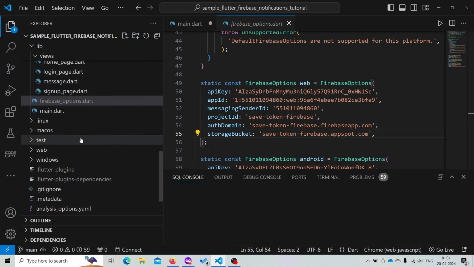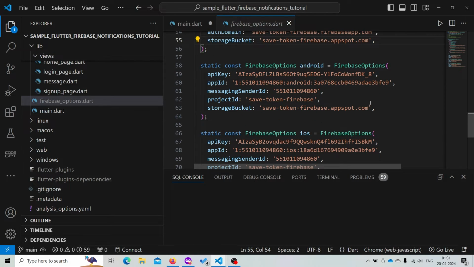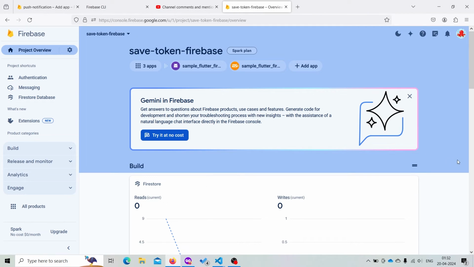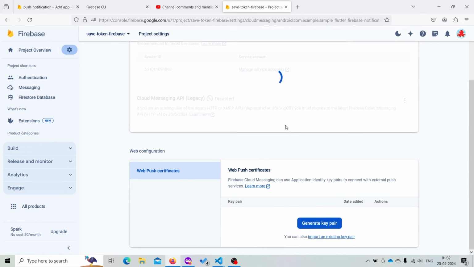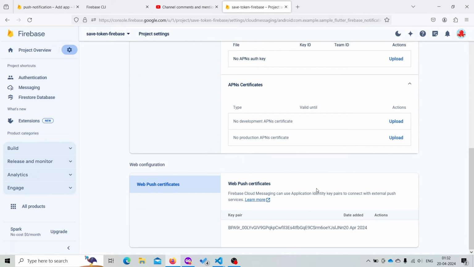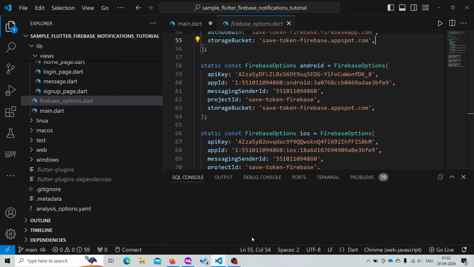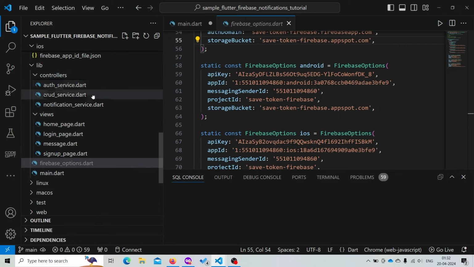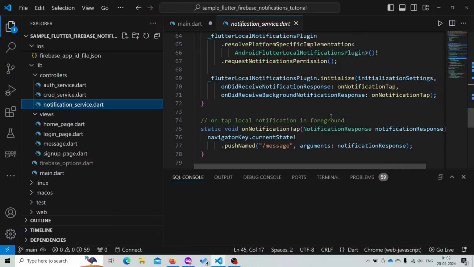Now similar to our previous example, if we follow the documentation, we need to first get our web push token. So from our dashboard, inside project settings, cloud messaging, we need to generate a new key pair. Just generate it. This is the new key pair. Just copy it, and here visit the notification service file,